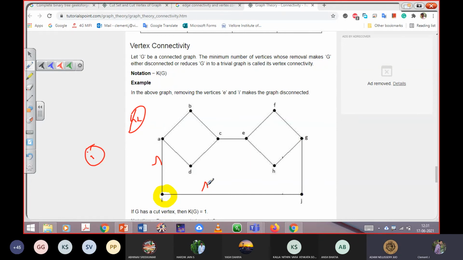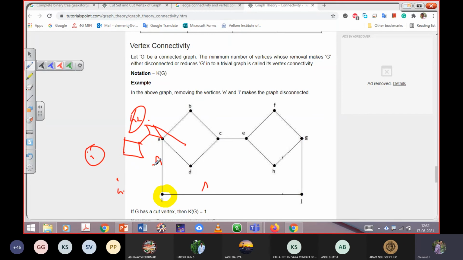So what are G1 and G2 in this case? They are the components. In this shape, this is actually one single vertex, an isolated vertex. That will be in my G1. The remaining part, that is actually this part, will be put into G2.